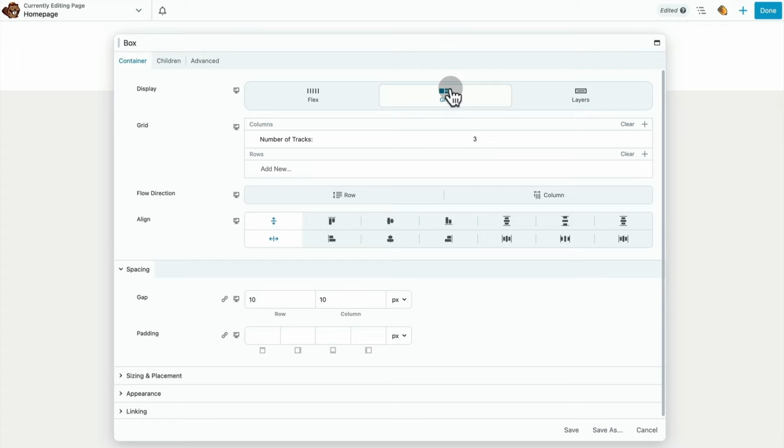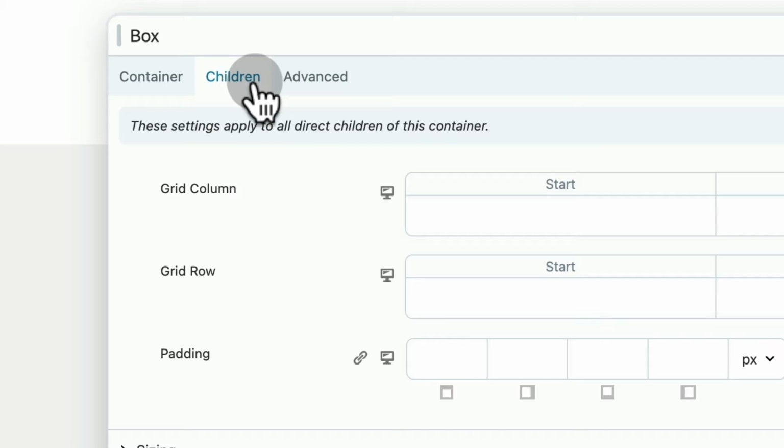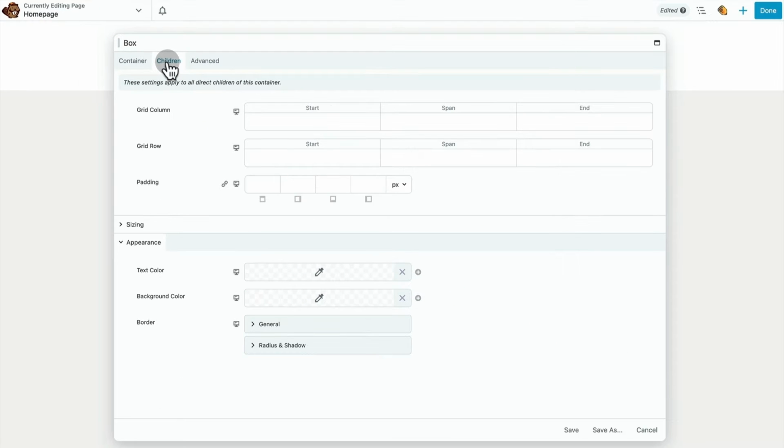In the box module, it's really common to nest boxes within other boxes. And quite often, really, we have boxes within boxes within boxes. And this forms a parent-child relationship, the parent being the outer container and the children being the nested items. So the Children tab is really handy because it lets you control settings of all of the nested items within this parent container. So with all this nesting going on, it can be kind of confusing to navigate your way